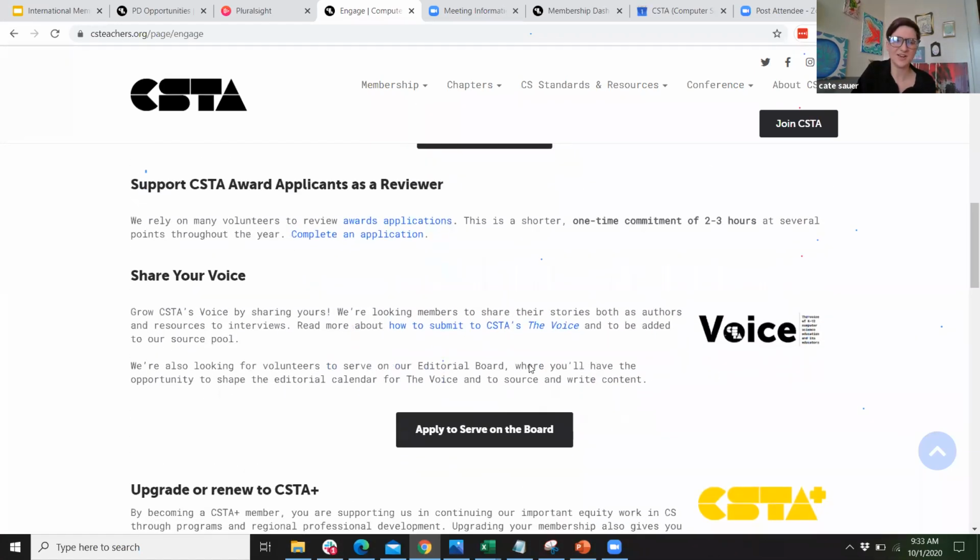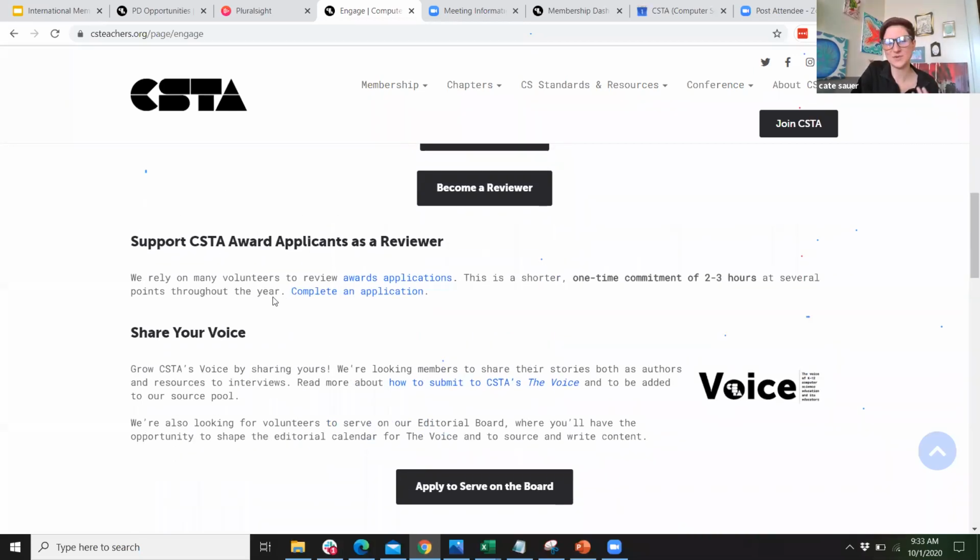Other opportunities on here, and I love this one, are the several CSTA awards available. This is where you can apply for an award or nominate someone. They're either recognition opportunities or they have stipends associated with them. Perhaps you want to apply, right? Or you're interested in becoming a reviewer. What this means is you would be able to look at different applications for these awards and say, yes, I think this person matches the criteria on the rubric. So really great opportunities to give back or expand that perspective.